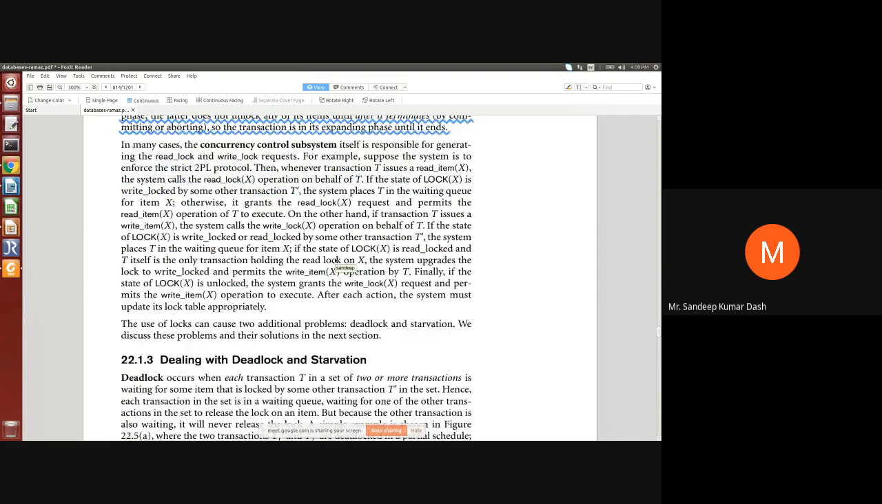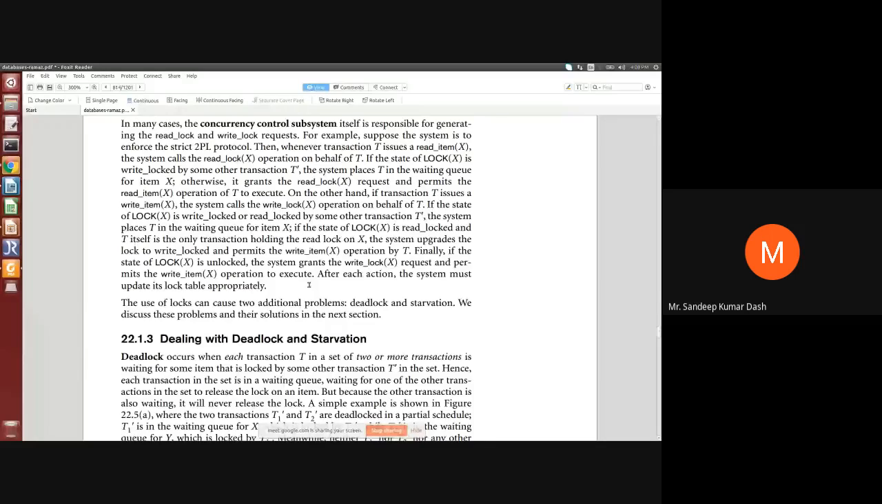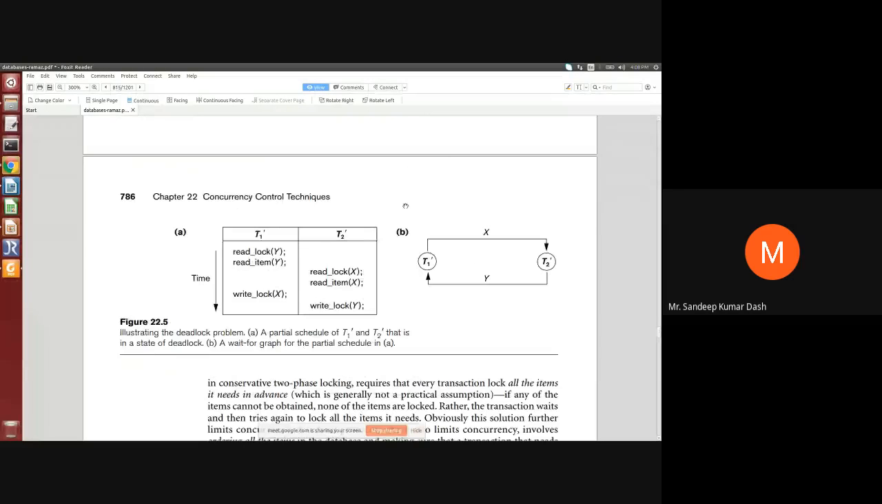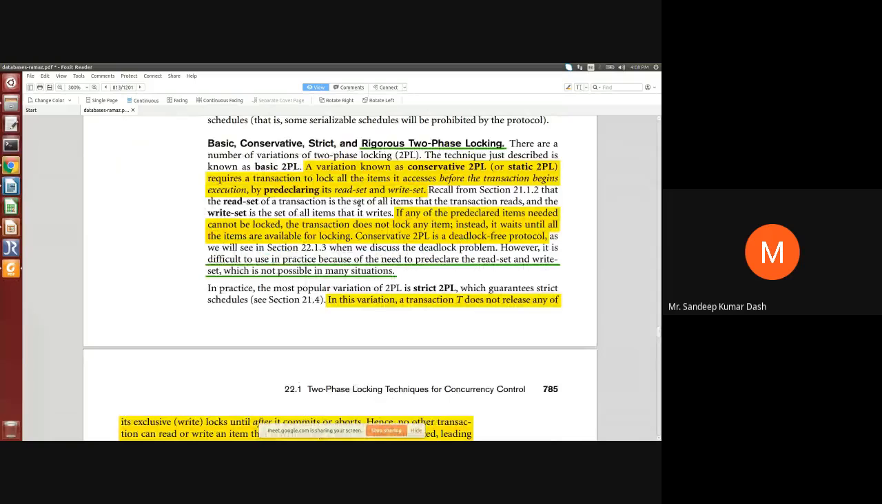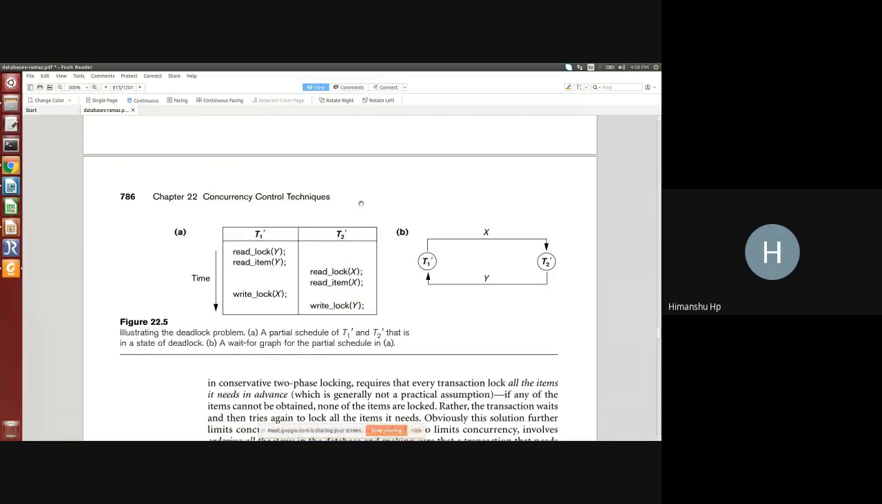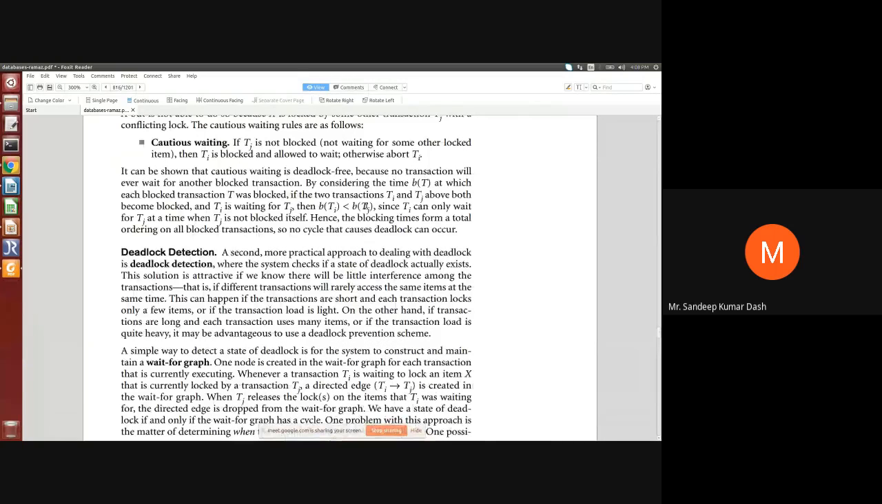Okay. This much for today. Any doubt in these two-phase locking concepts? No, sir. Okay, then